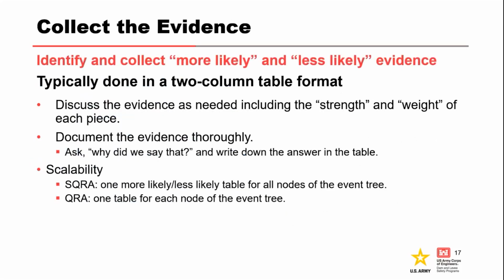All right, so the most important thing that we do to help elicitors to make these estimates is putting together the more and less likely table. For those of you that have been on PA, you've done this before, 2-column format. Each team will offer up factors, right, on the more or less likely side. You want to discuss those factors. If you don't agree with the factor that somebody put up on the more or less likely side, then don't be afraid to say, hey, I'm not sure I understand why you think that's a more likely factor. Let's not have things up there that don't belong there.